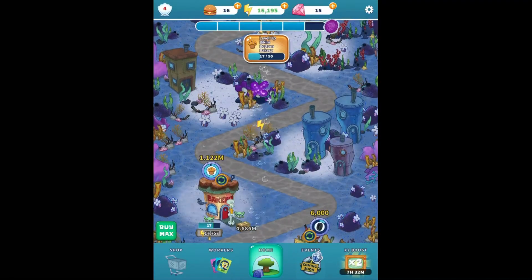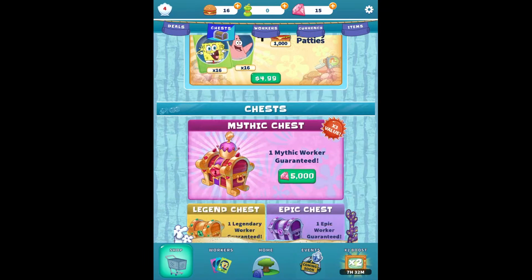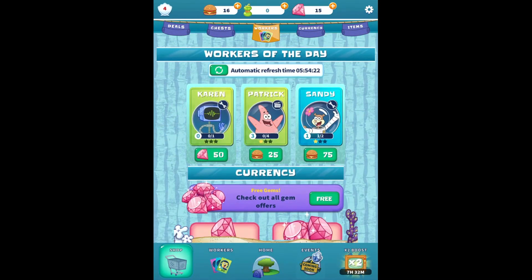Now, one thing I don't think was there before was this. You can actually get, wait a minute. No, you can't actually buy energy. But what you can buy are these Workers of the Day. I'm pretty sure there were no gem exclusive Workers of the Day back then.